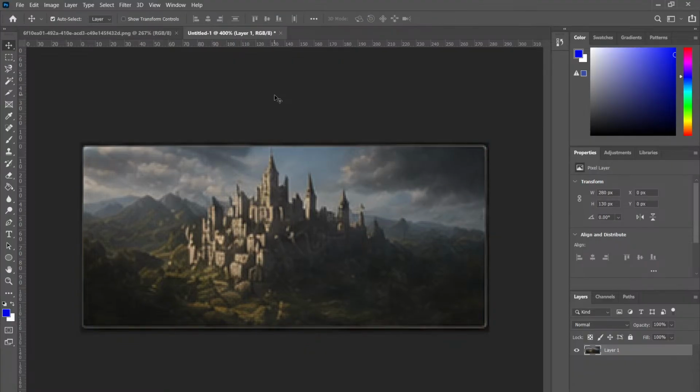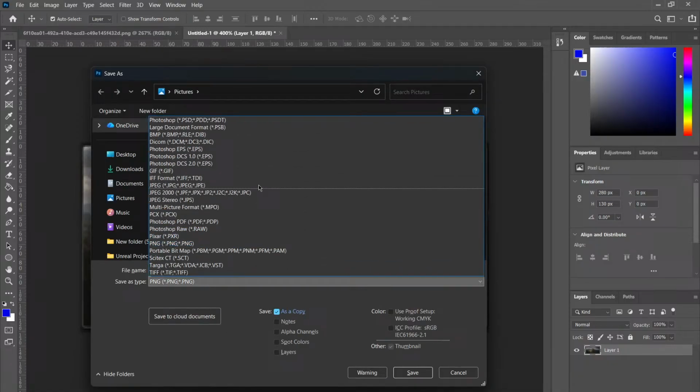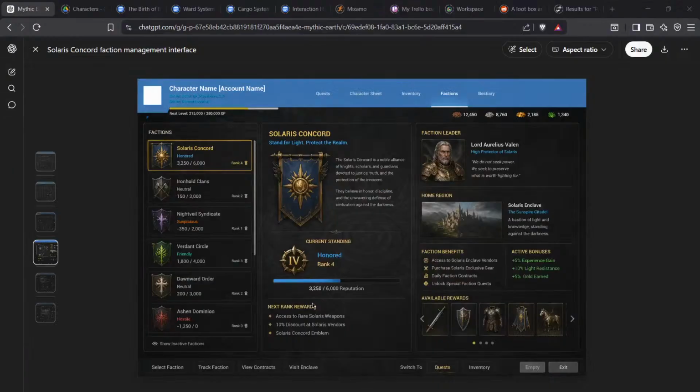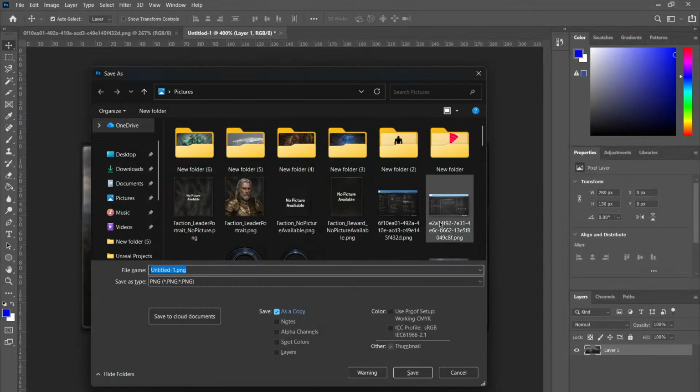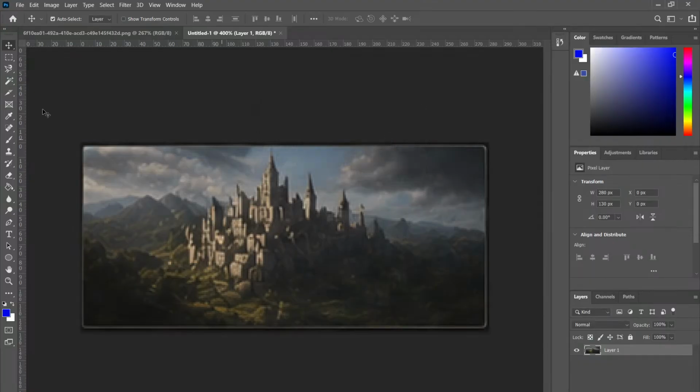There we go. It actually looks a bit like Century. Yeah, oh, sorry, this one. Save, it's a PNG. Save. Okay. Now we do need to